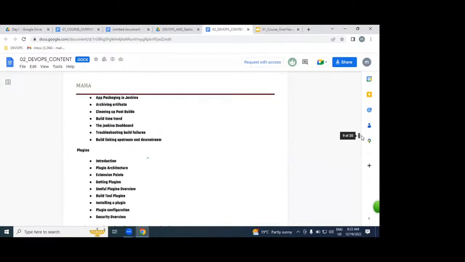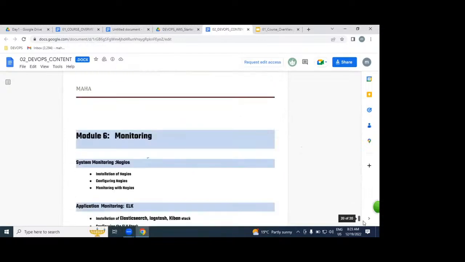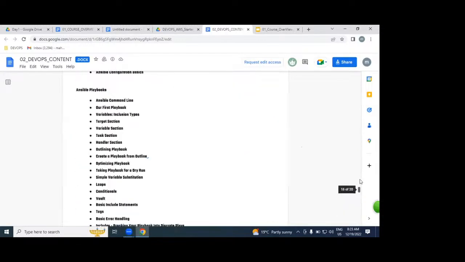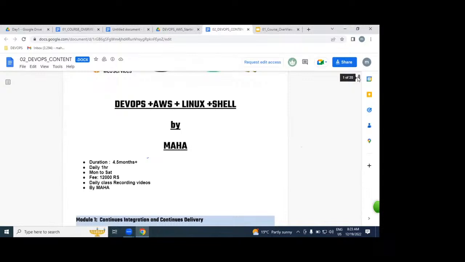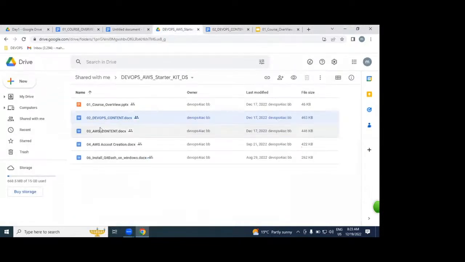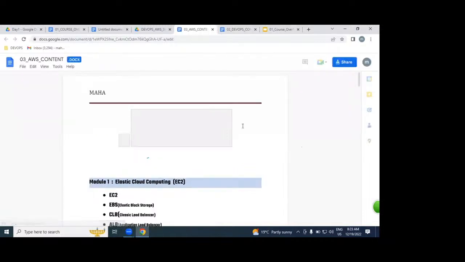20 pages of DEVOPS content. In the same way, we have AWS content also.